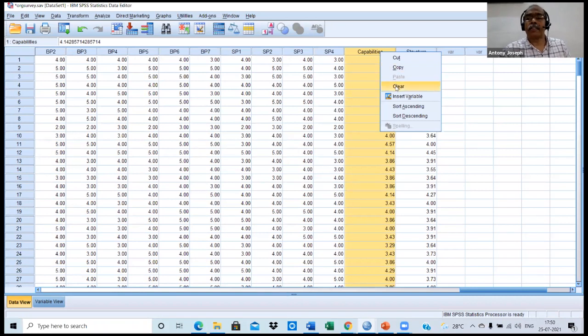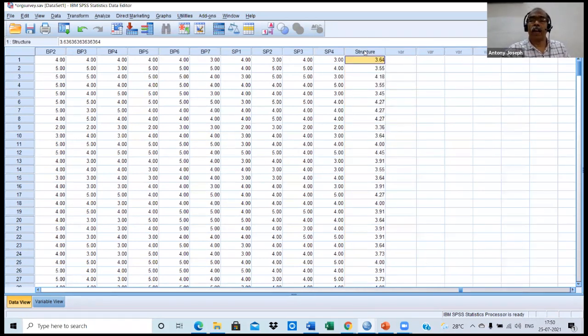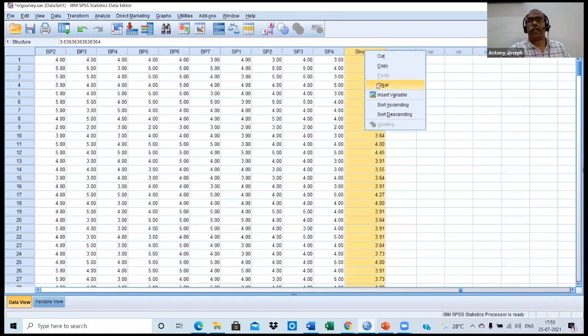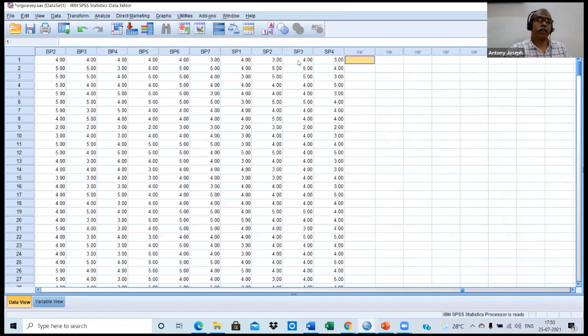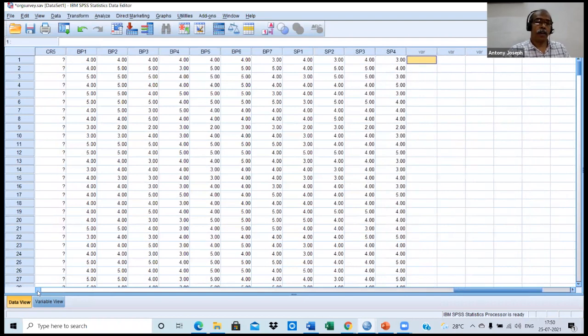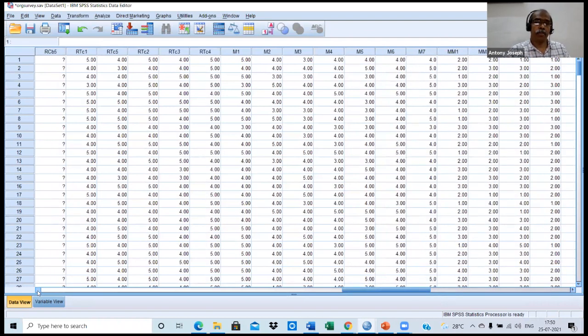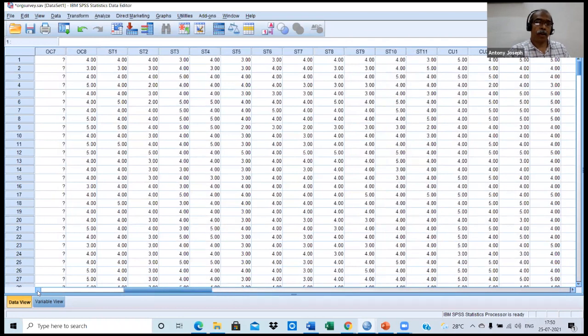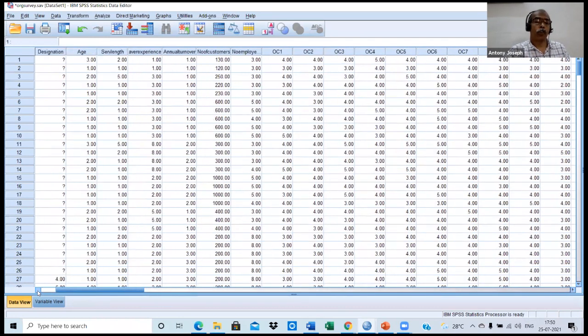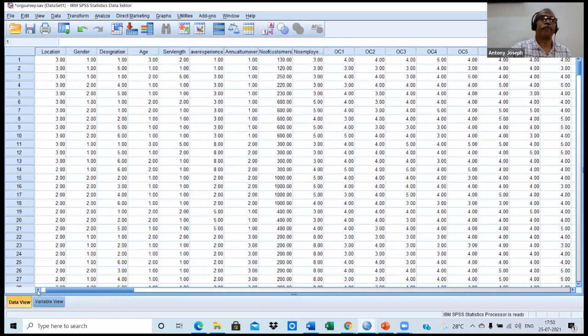I'm clearing some variables here because we have to construct. We are going to study how to test the correlation. Sorry, how to test the reliability.